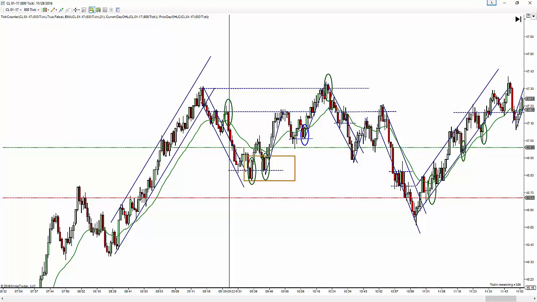Now, why is that important? It's important because it makes the price of oil more volatile with an expected big news event, and this is a pretty big news event. So naturally, when there's news events, what you'll see on the CL is that the moves will take place, but they'll take place in a shorter period of time. So you'll see a lot more movement in the market, much more volatility.